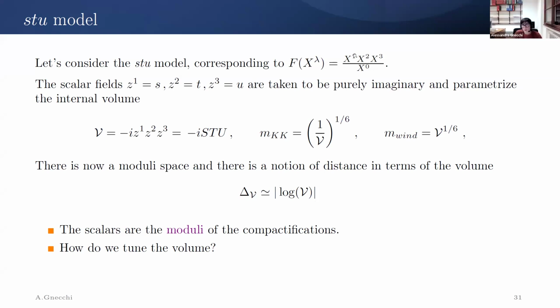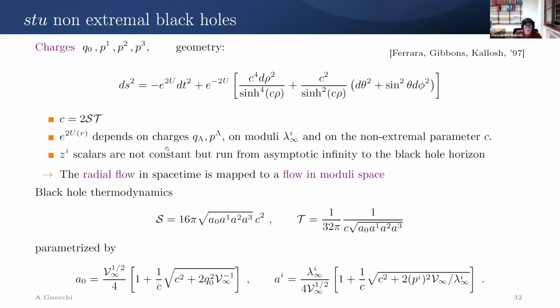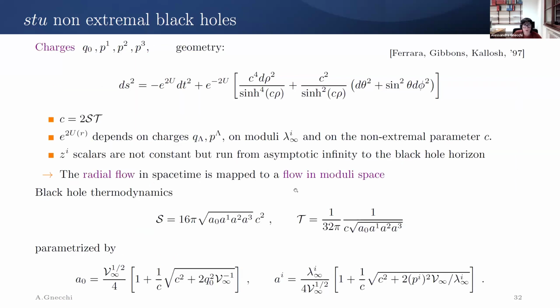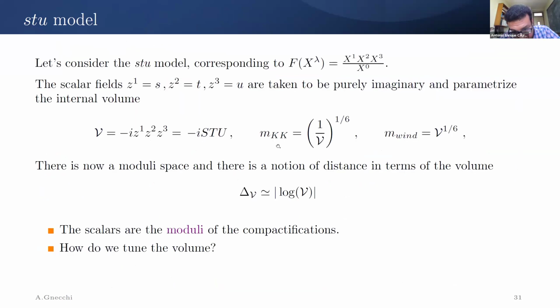This is basically a choice of the internal geometry that I choose, but I can generalize this slightly to so-called cubic geometries, where I have more generic combinations of three x's here, but all symmetric. And in all those cases, these black holes behave the same. But it's true that I would have a slightly different expression for this V. But they will all have these kind of solutions in phase space where I can fix Q0 and look at magnetic charges. So it's a more general class of solutions.